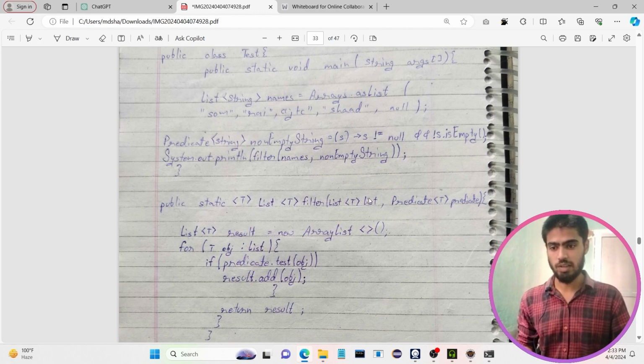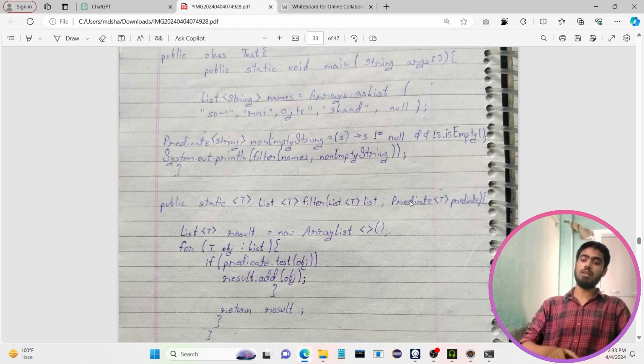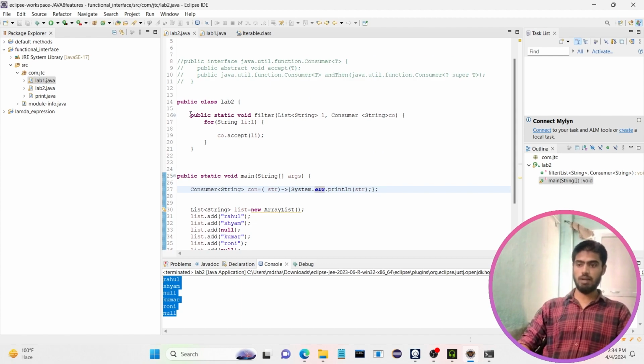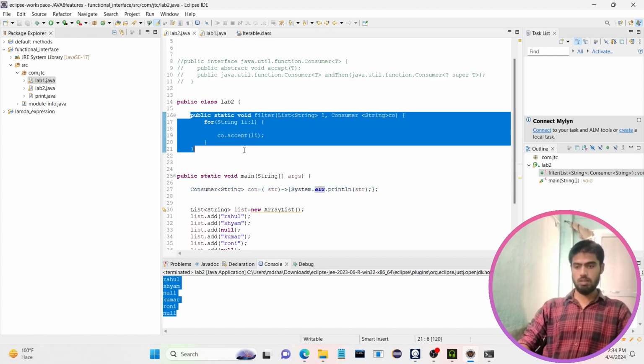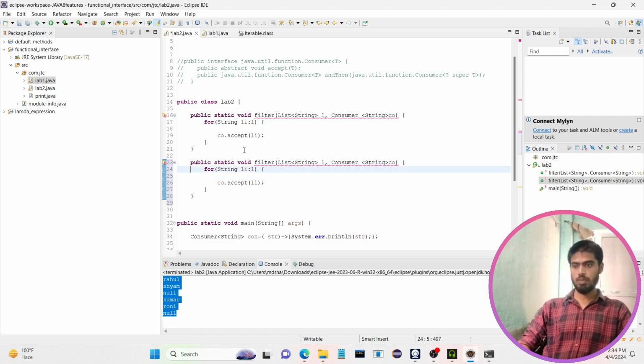In this example, filter is taking a predicate. Was the method in the predicate? We have gone through the method of predicate. That was the method called test, that is returning boolean. So let's create another method. This time this method is going to be, let's say, filter 2. This method is going to take a predicate,